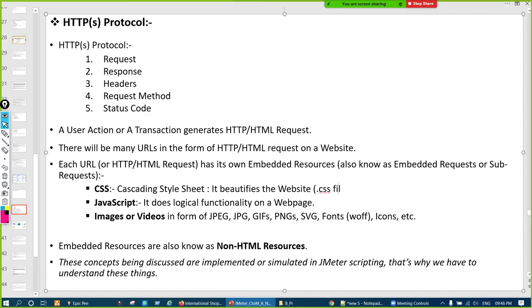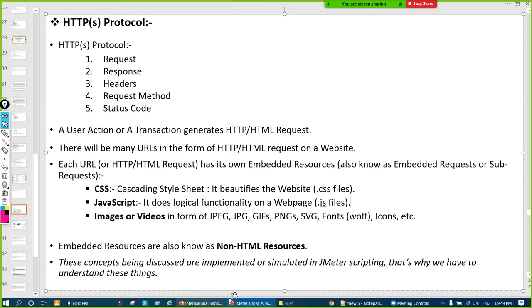Madhu, here, is it an embedded resource or is it a response you are getting from the request you have sent? No, no, it's a response only, but it is called automatically by the browser. So first we have to see it as an embedded resource. Okay, and it is called by the browser automatically. We are not calling that. So basically, a response for the request comes and gets rendered in the browser, and in the response, one of the contents is the embedded resources. Am I correct? Yeah, correct.